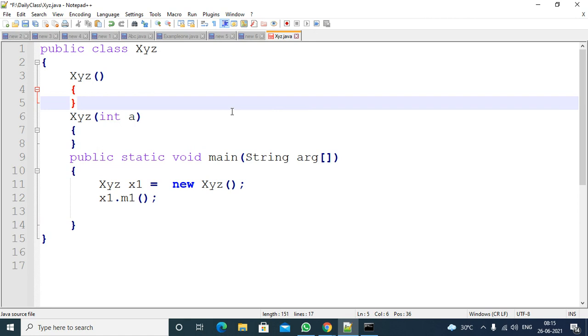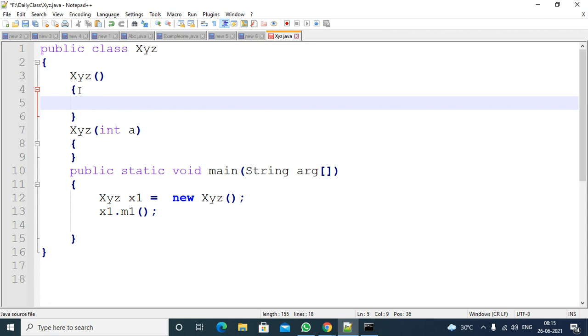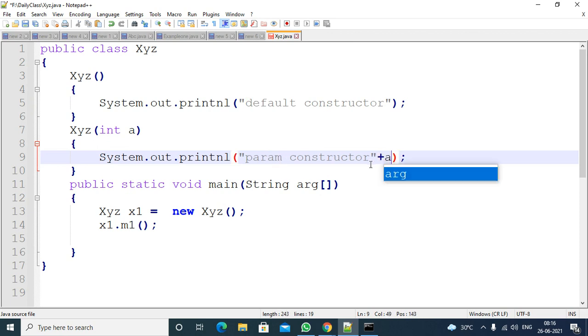We discussed two, now the third one. println, "default constructor"; and this is the parameters constructor. If you want to print the value, you can print it. Parameters constructor, so you can print the value a also.